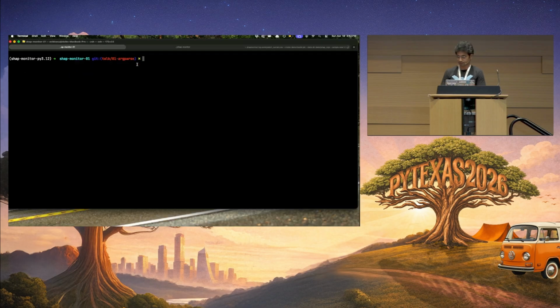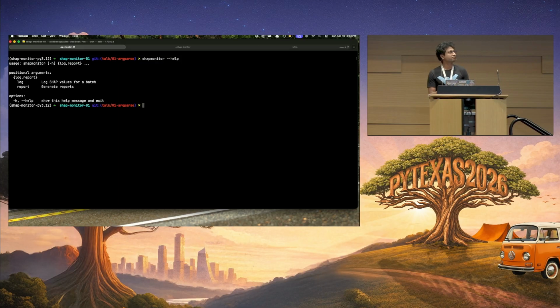I'm here. Let's do help. This is using the argparse style, so you have these positional arguments: it has log, it has report, and that's great. It comes with a default help command.